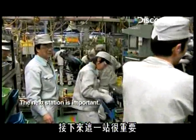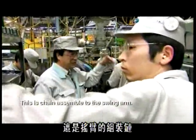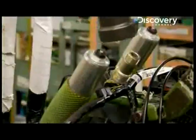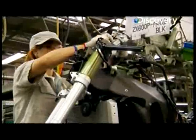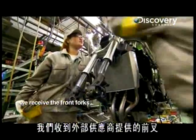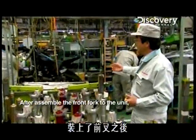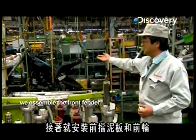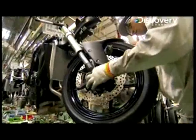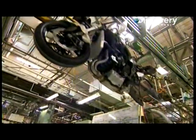The next station is the swinging arm sub-assembly, and assemble to the line. This is a chain assembled to the swinging arm. This is the final station of the sub-assembly line. We receive the front forks from the outside vendor in the order of our assembly line order. So after assembling the front fork to the unit, we assemble the front fender and front foils. Overhead conveyor belts